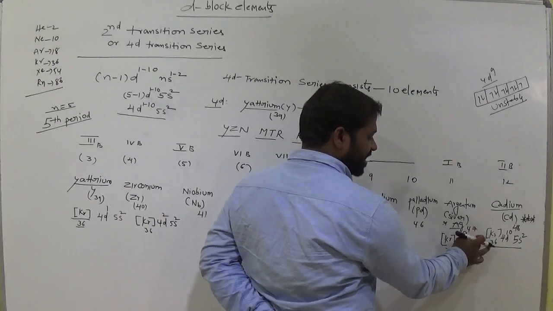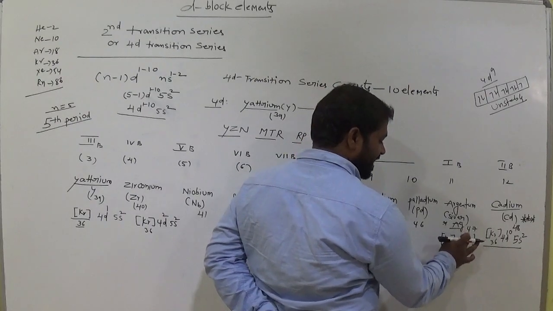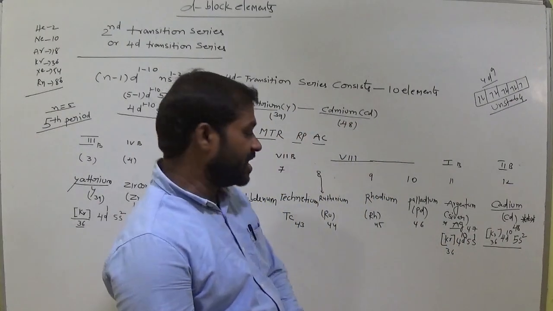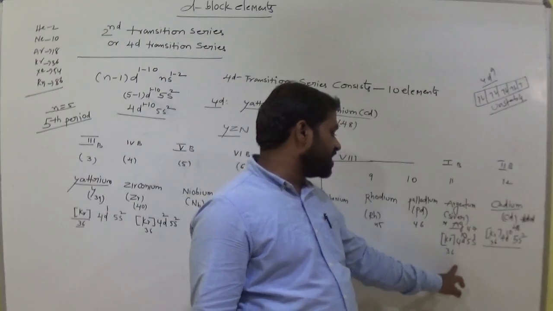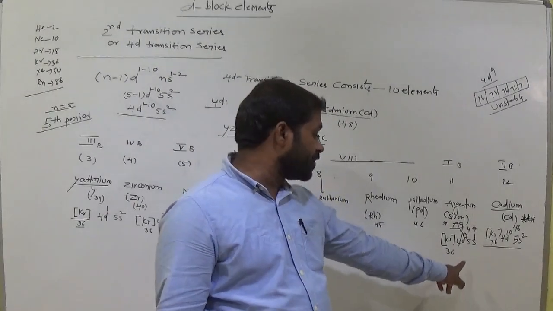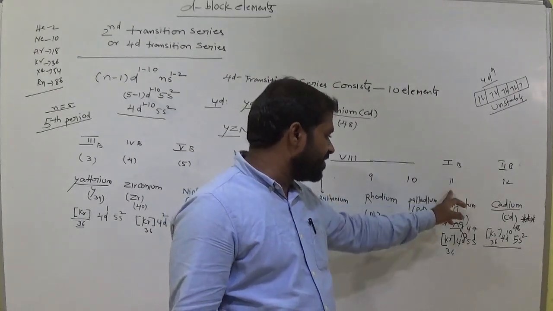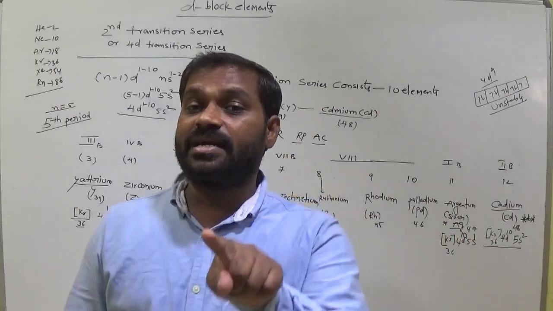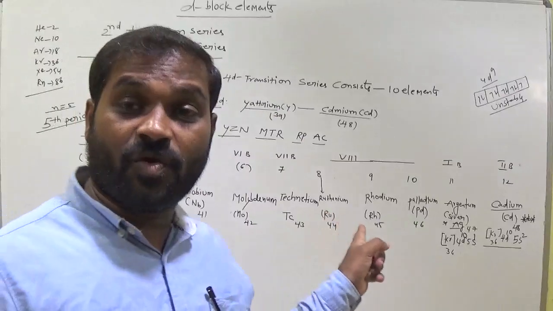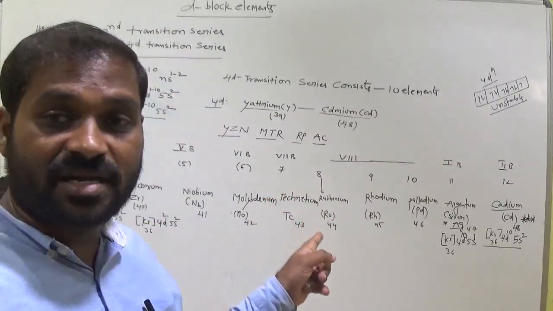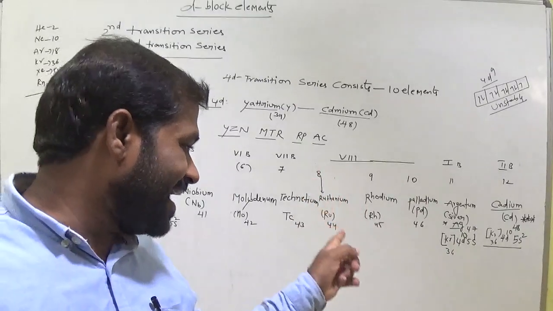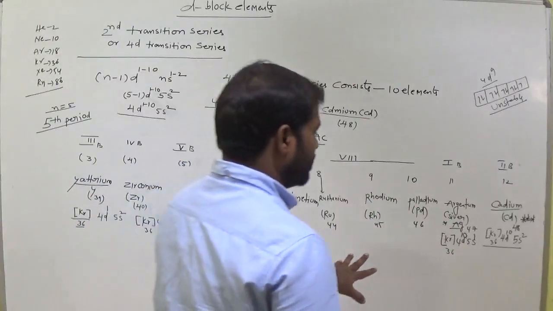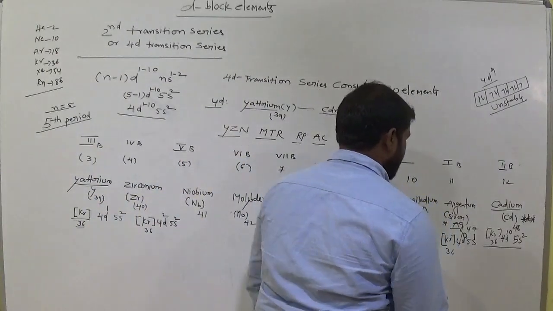Then what is the electronic configuration? 4s1 3d10. Clear? Let's see now how many electrons: 36 plus 10, 46, plus 1, 47. So what is the reason for this type of electronic configuration in the 11th group, first B, for silver, argentum, Ag? For getting stability, the s electron shifted towards the d. Actually there are 9 electrons in the 4d, but it gains 1 electron from s and becomes 4d10. Clear? 4d10 5s1. Okay, so note it down: it is for stability purposes.